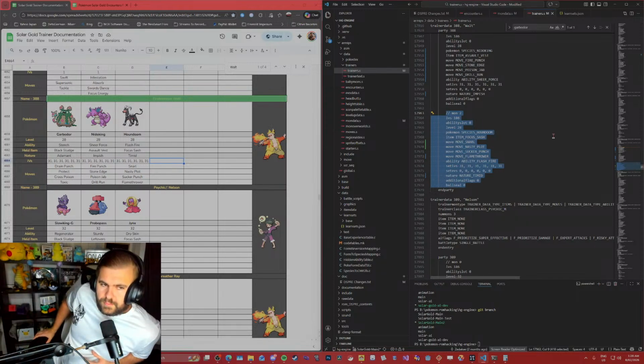I don't know why Houndoom was physical then, but probably just because it had a nicer set of physical moves when it was at that level.